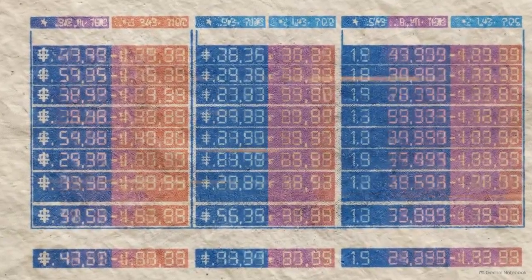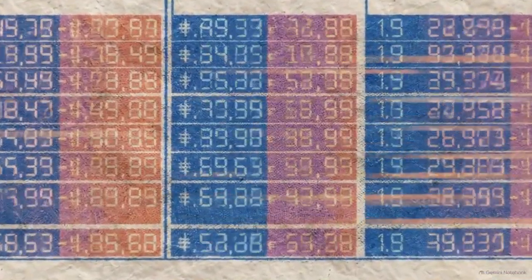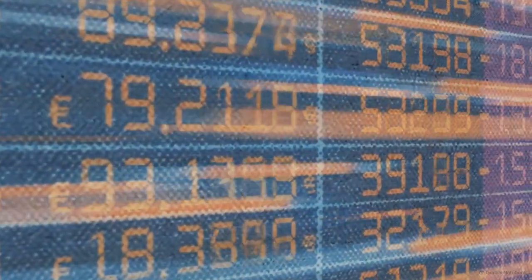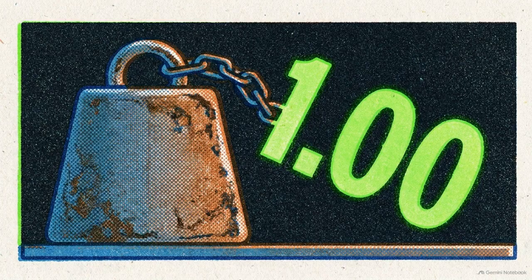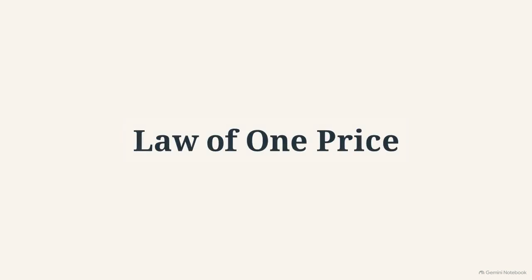We watch currency exchange rates fluctuate every single day. A dollar buys a certain amount of euros, yen, or pounds at breakfast, and a completely different amount by dinner. It looks completely arbitrary, but underneath all that daily chaos, there is a strict mathematical gravity pulling those numbers toward a true value. To see how this gravity works, we start with a simple rule called the law of one